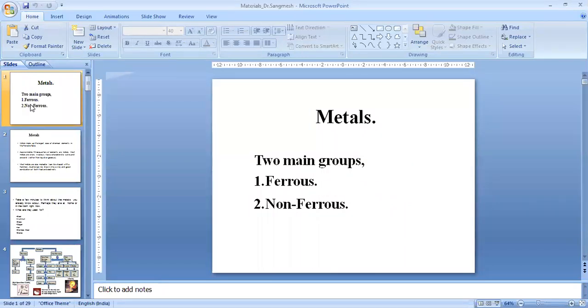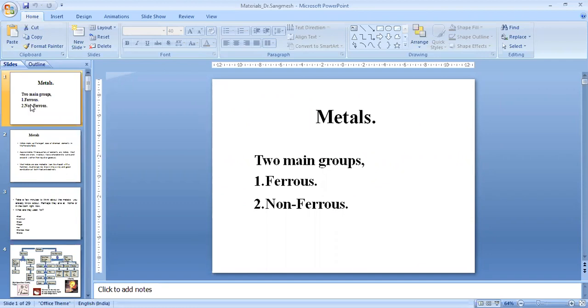Ferrous metal possesses different types of physical properties according to its carbon content. So the main constituent of this ferrous material is the carbon content. The ferrous metals are iron-based metals, which include all varieties of iron and steel, and most common engineering materials are ferrous metals only, which are basically alloys of iron. Ferrous means it is nothing but iron. Iron is the name given to pure ferrite, that is Fe.